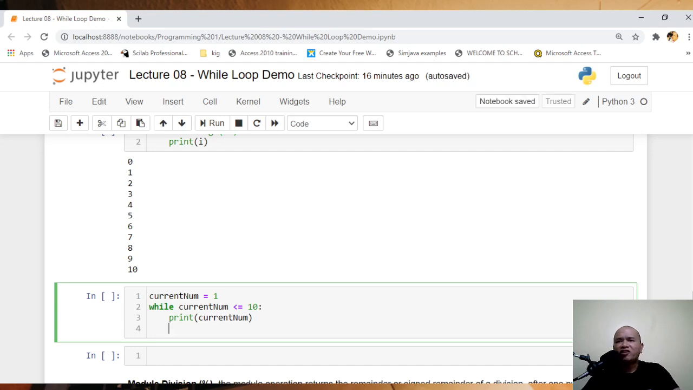basically your current num is equal to 1. Well, current num, which is 1, is less than or equal to 10, which will give us a true value. Then we're going to print the current num, which is 1. And then you're going to loop again. Again, our num is 1, so print